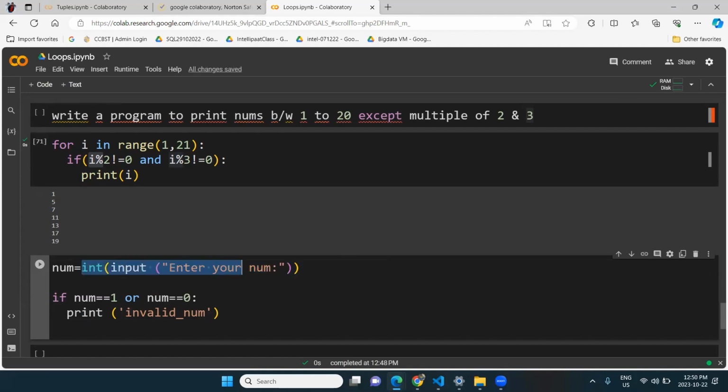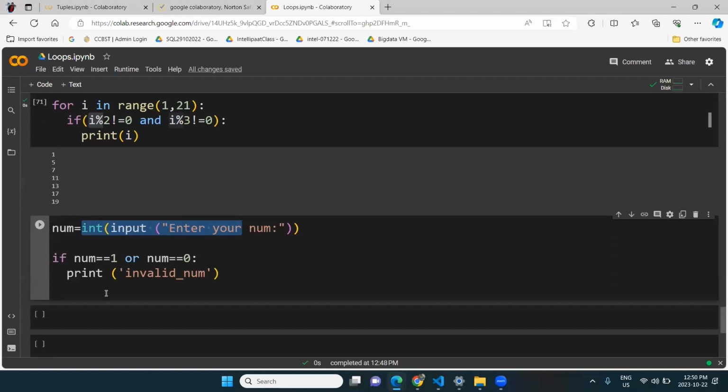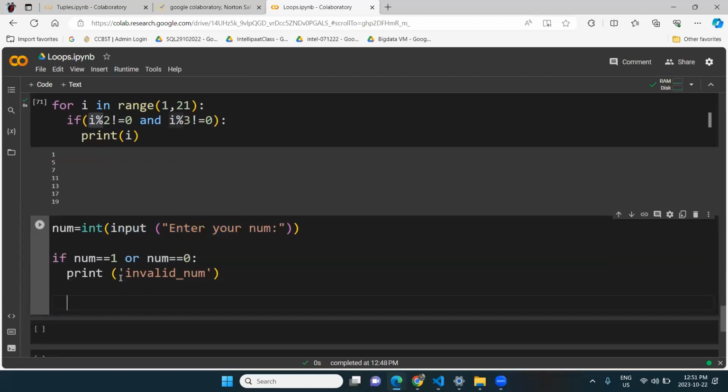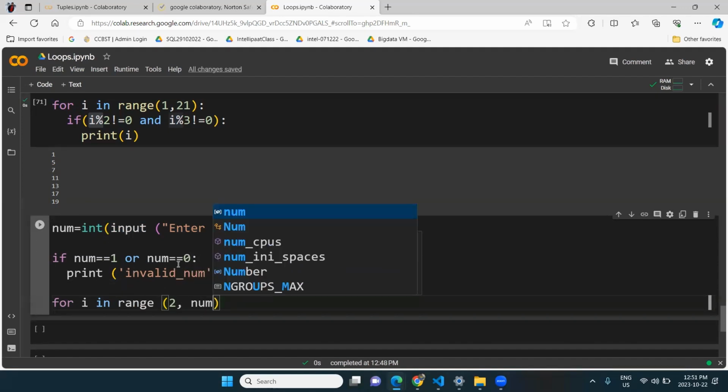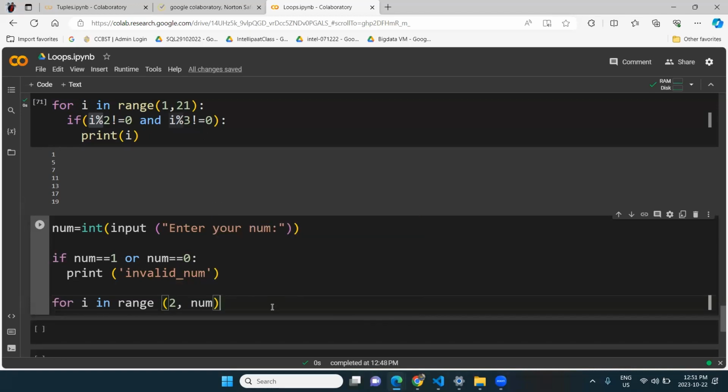So let's say for I in range 2 comma number, because 1 and 0 cannot be prime numbers at all. So for I in range 2 comma number,